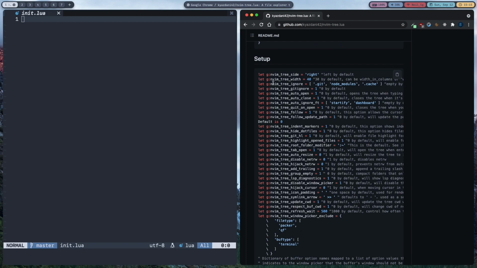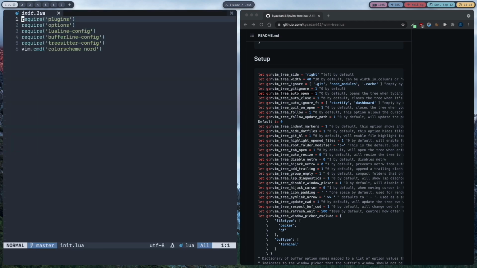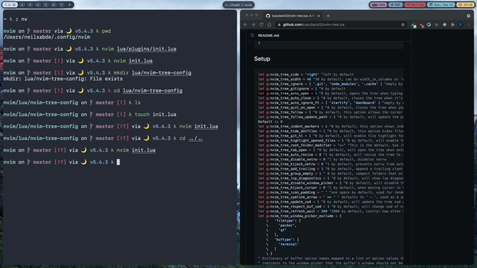The one which I want right now is auto open. I am going to set it to 1. What this will do is open nvim-tree whenever you open a folder. First we need to require it in our main init.lua file. So require nvim-tree-config. Okay, now let's go back to our folder,